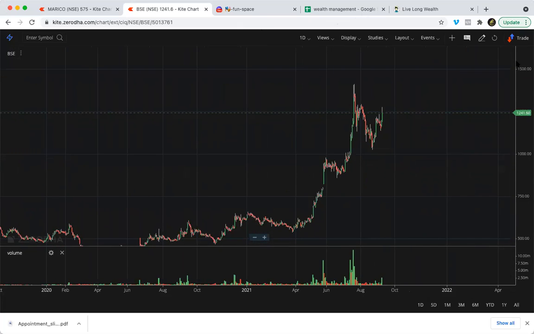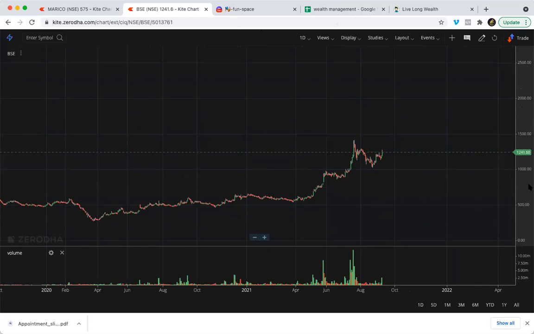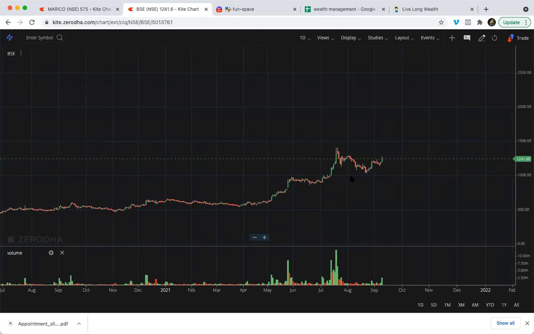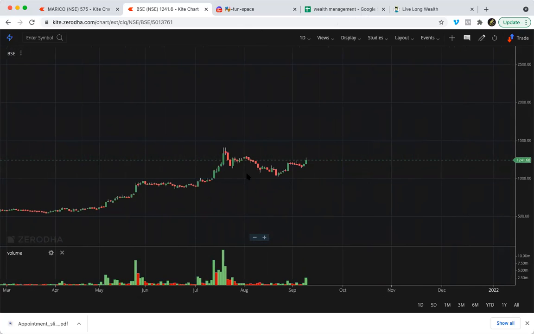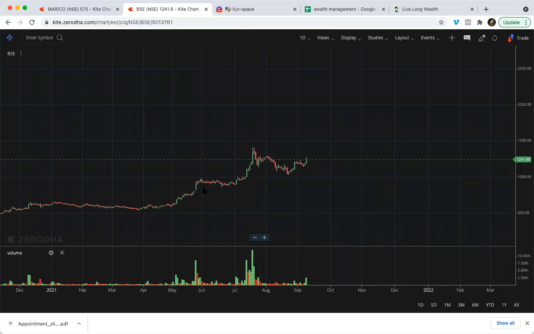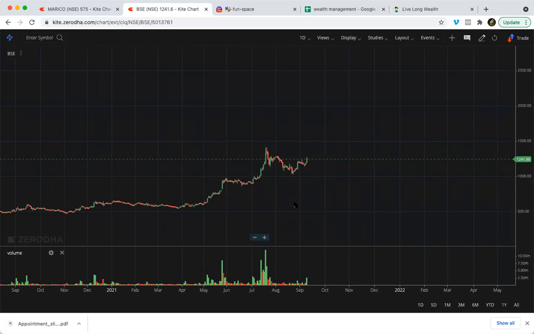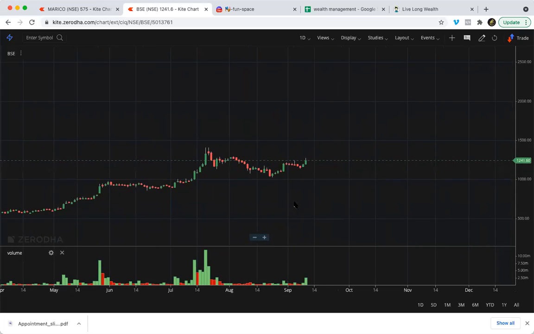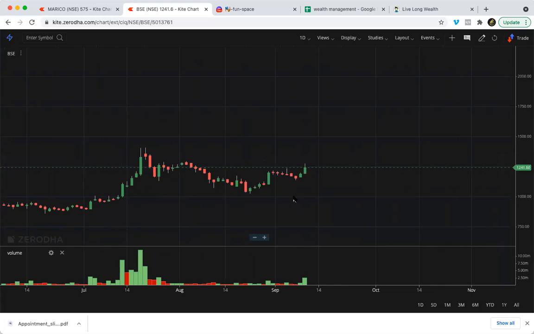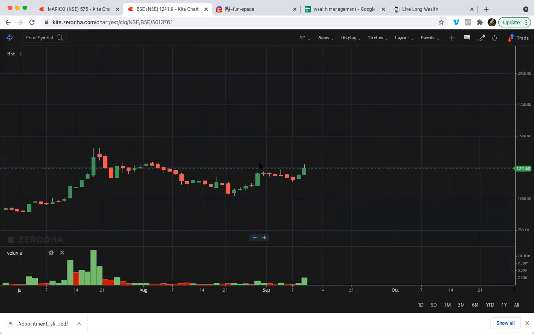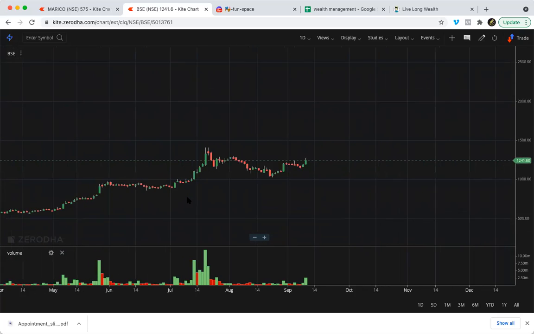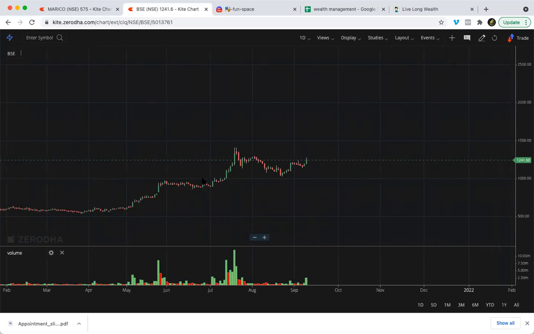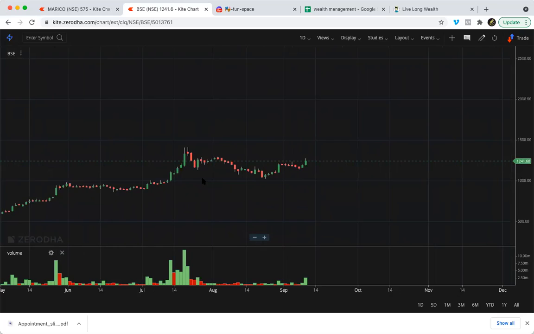So if I have a look over here, just have a look at the stock BSE. What is happening over here? After this pretty good bullish side move on BSE, what could I speak about the stock? More or less, after some pretty good bullish side move right now, it is showing